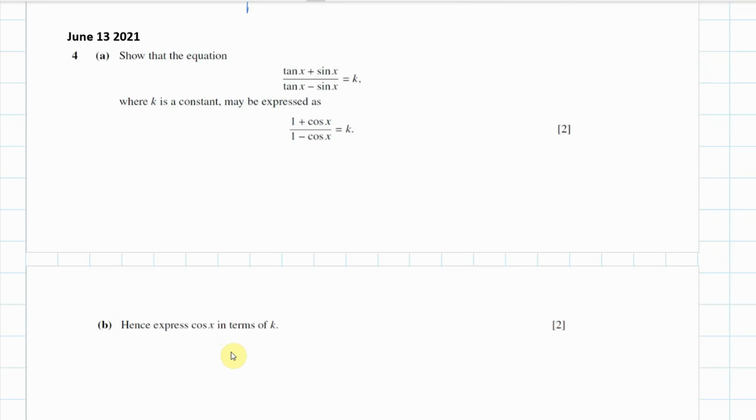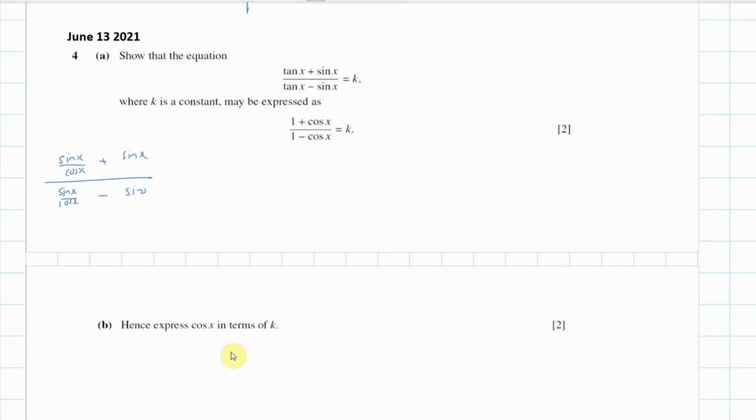Okay, show that the equation blah can be written as blah. So probably what I'm going to do first is rewrite my tan x as sine x over cos x plus sine x. And then that's all going to be over, again, sine x over cos x